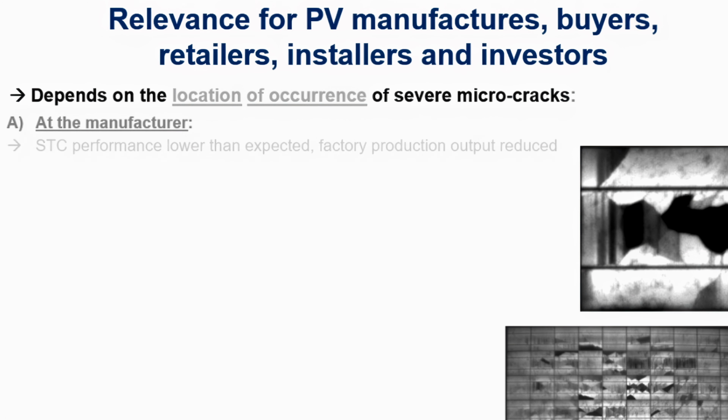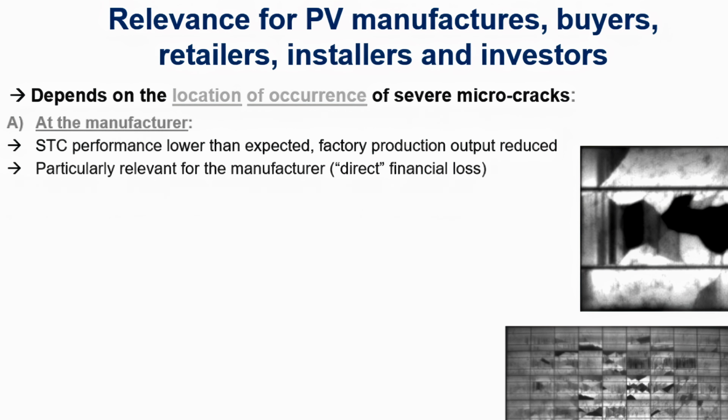So first at the manufacturer, after the modules get delivered, you usually do an STC performance test. This will reduce then the factory output. So the costs are at the manufacturer already. This is a direct financial loss for the manufacturer. If you have 10% cracks and you have 10% less output, then this directly affects his returns